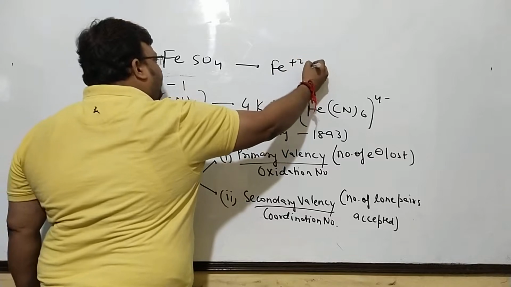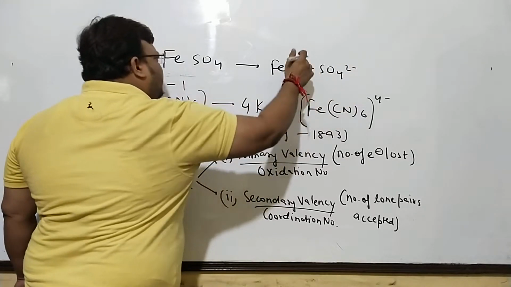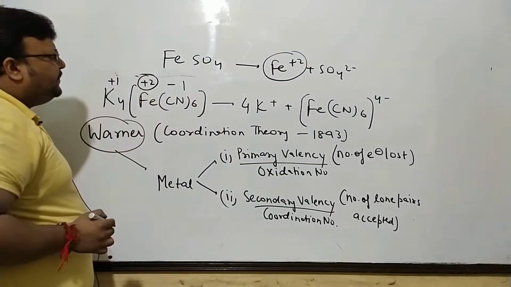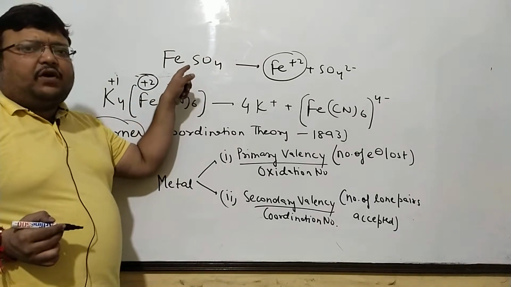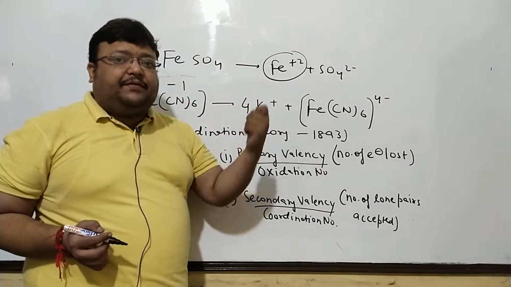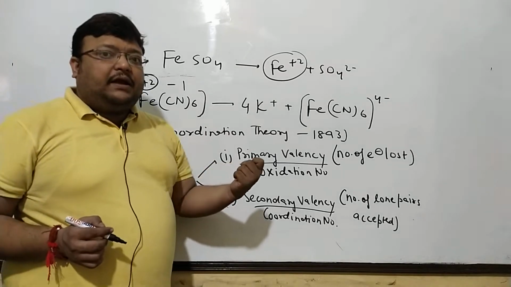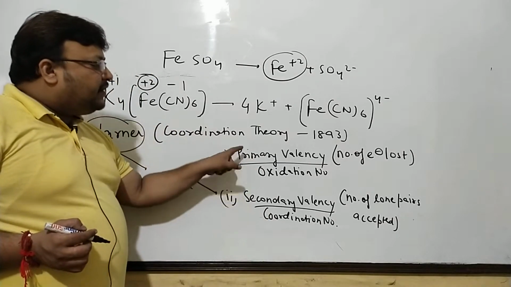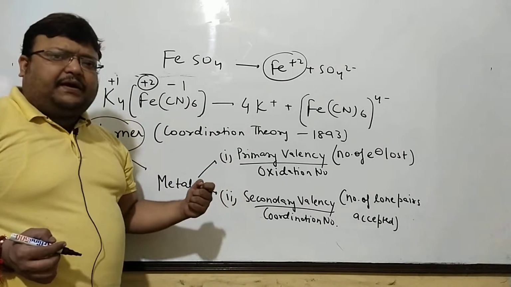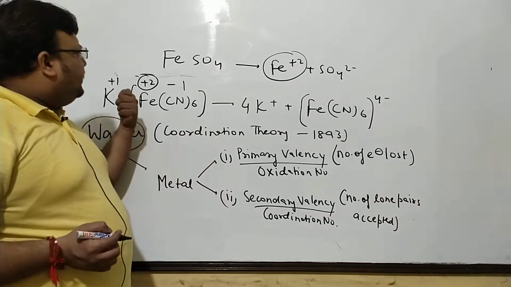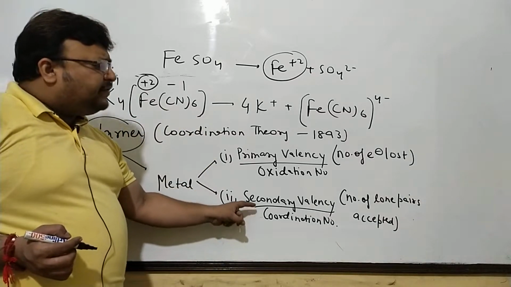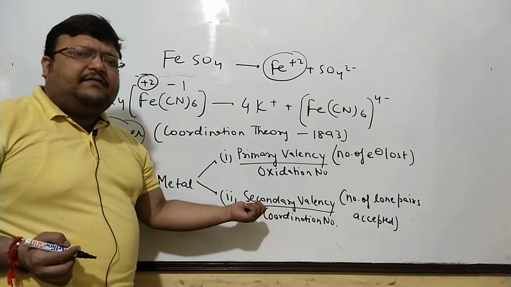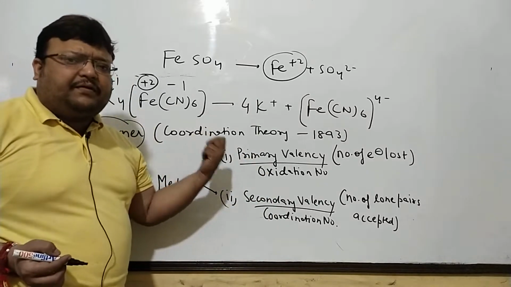This is also ferrous, but it's a normal salt because only primary valency is exhibited. In cases where both valencies are exhibited, when it loses certain electrons and then the second tendency, to accept a certain number of lone pairs, is exhibited,